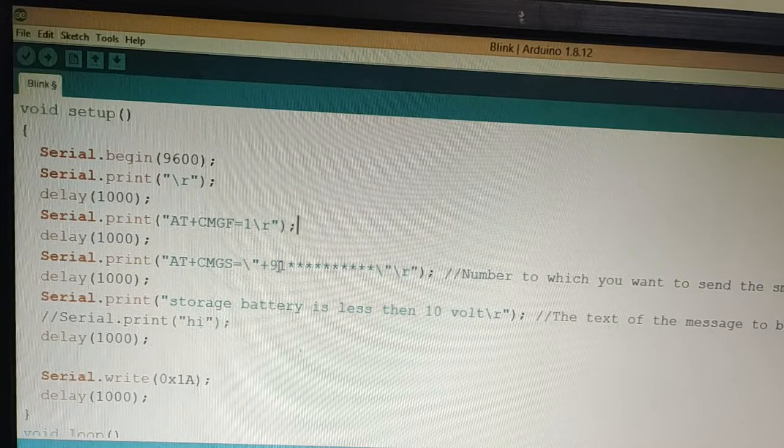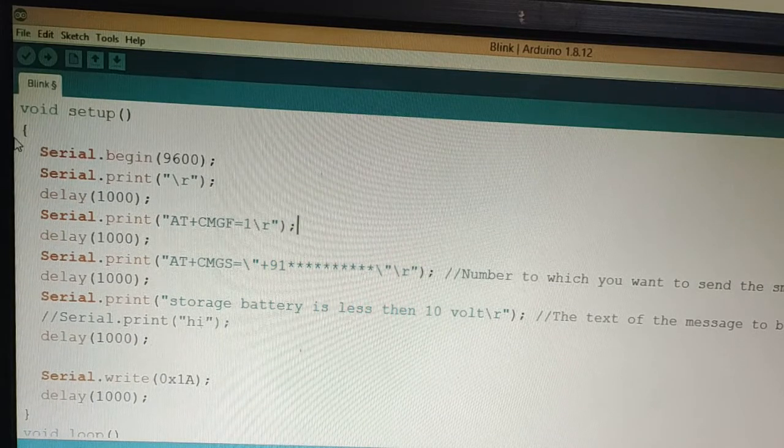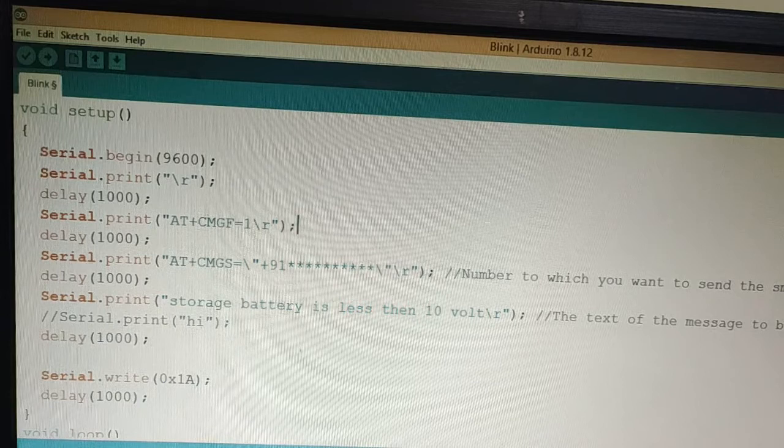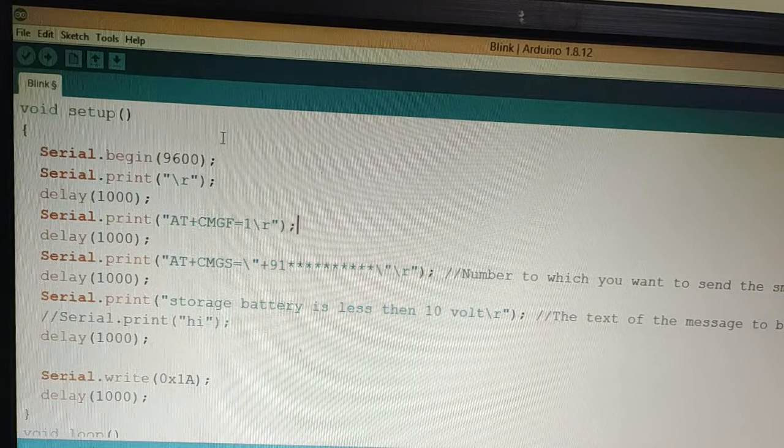This GSM device we can use to send some notification to the concerned person, and you can add this GSM device with other modules and make some mini project or major project based on that. GSM is a very important device, so we need to learn it. For this we need to use the UART protocol. We are going to interface GSM with the Arduino Uno using UART protocol, the same as whatever we are doing on the serial monitor.